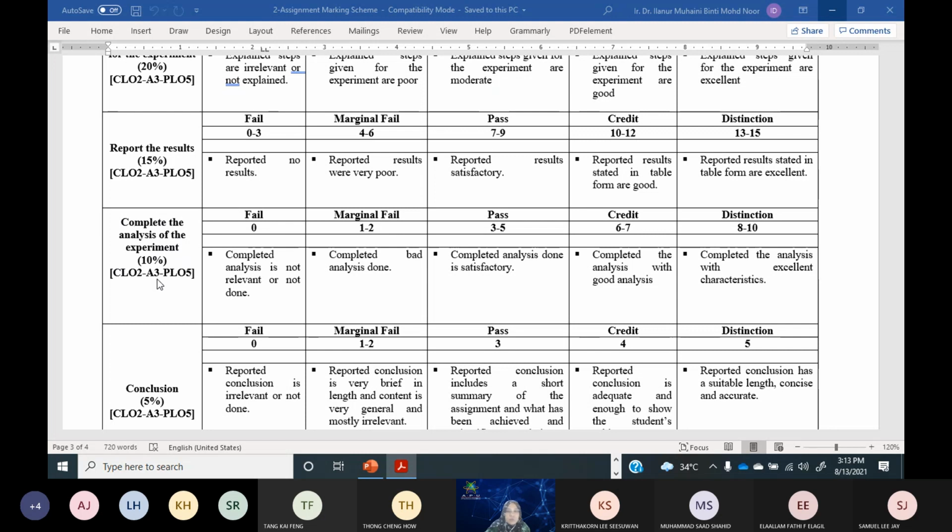How do people normally do analysis? Who knows? How do people normally do analysis? From the data of the table. Table just now, right? In the report, from the table of results, what do we do with it? We will make a graph. Then from the graph, or we call it characteristics, we will do the analysis. Analysis, how to do? For example,